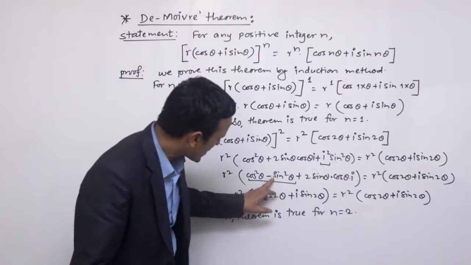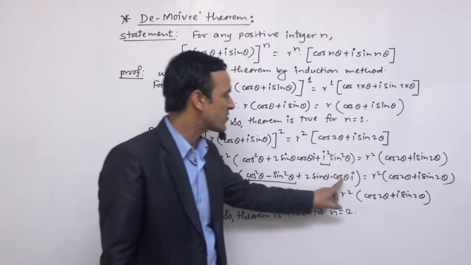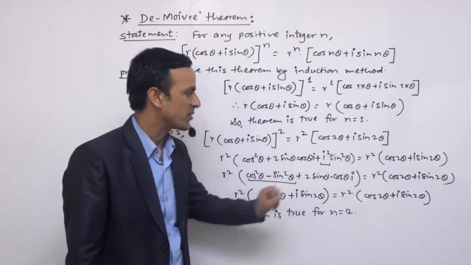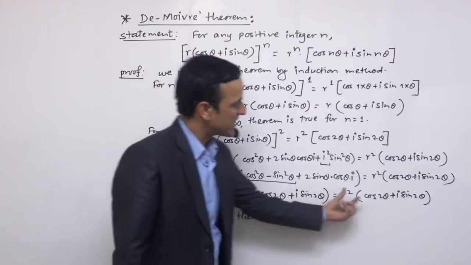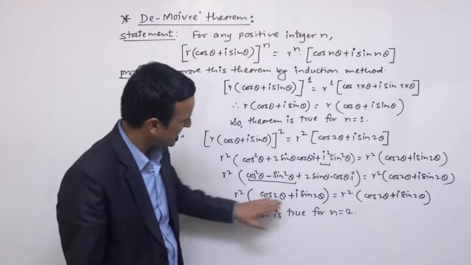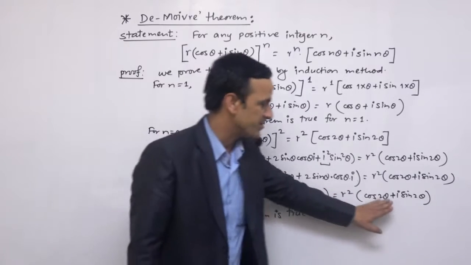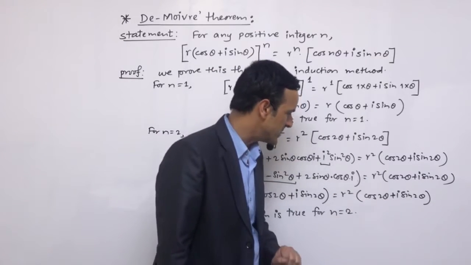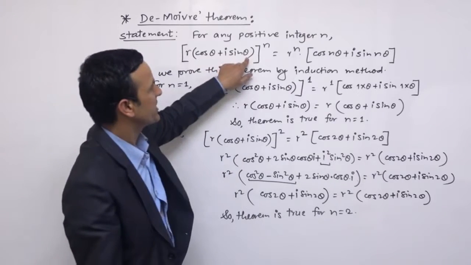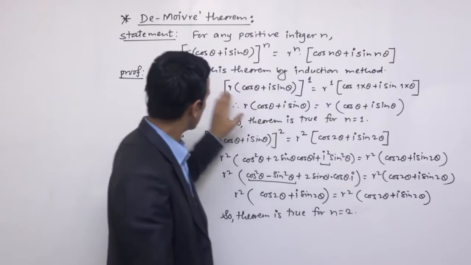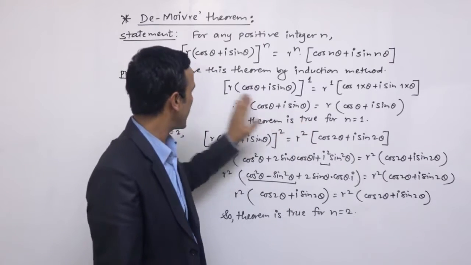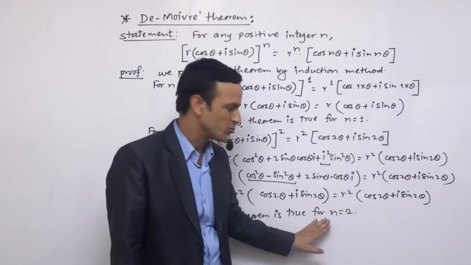अब हामीले यहाँ यसको ठाउँमा यो टर्म लेख्यौं, 2 sin cos को ठाउँमा sin 2 थीटा लेखौं, यो टर्म as it is छ। अब हामीले LHS र RHS हेर्यौं भने यसमा के पाउँछौं भने LHS मा भएको टर्म र RHS मा भएको टर्म exactly they are same. That's why this theorem is true for n is equal to 2. n is equal to 1 राख्दा जसरी थ्योरम ट्रू भयो, n is equal to 2 राख्दा पनि यो थ्योरम ट्रू भयो।